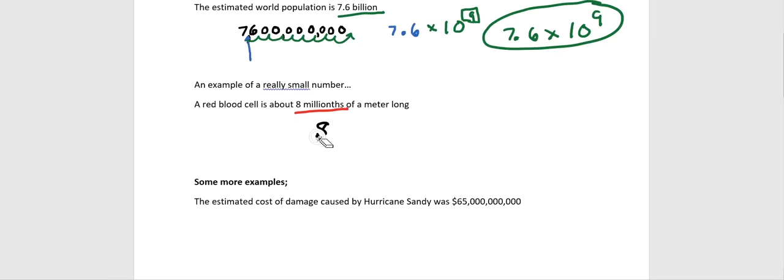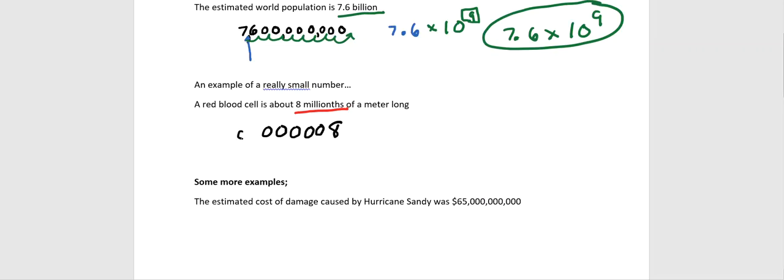So we need to erase that, and we need to start again. So let's see, there's 8 tenths, that would be 8 hundredths, 8 thousandths, 8 ten thousandths, 8 hundred thousandths, 8 millionths. So that number we just took, that number rewritten in standard notation would look like